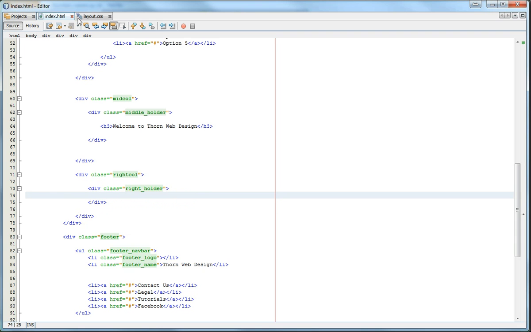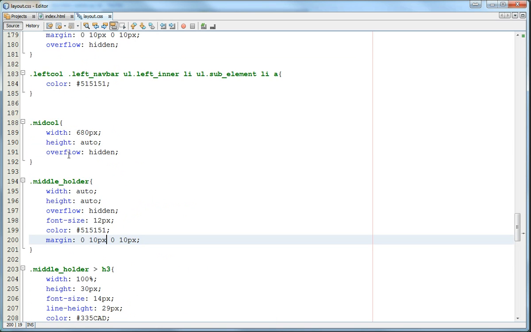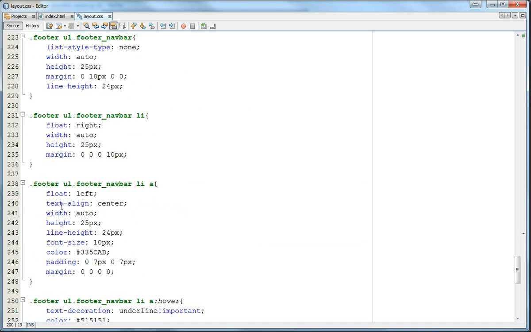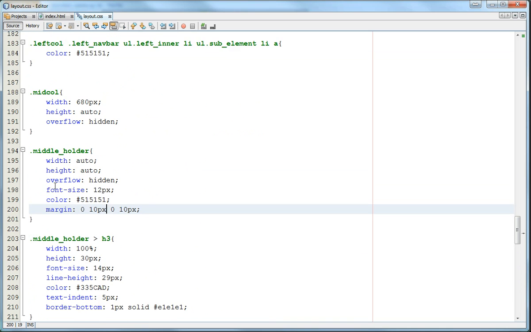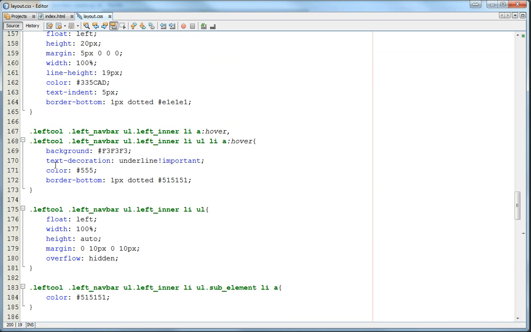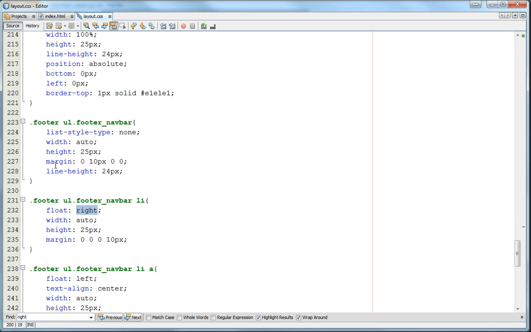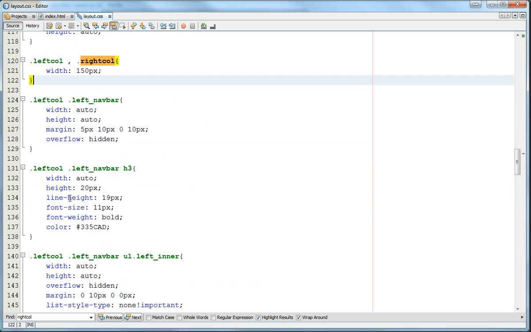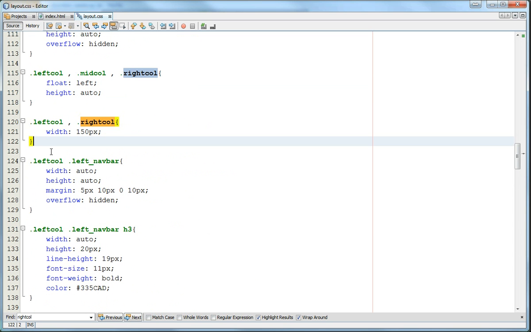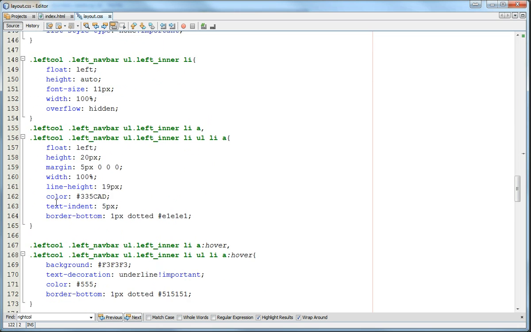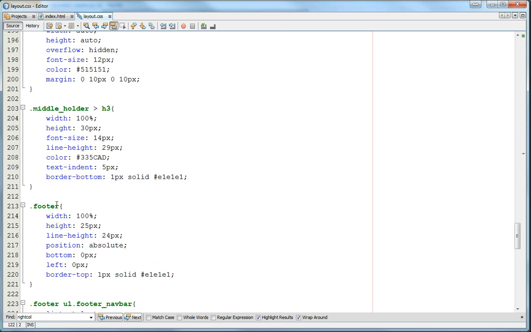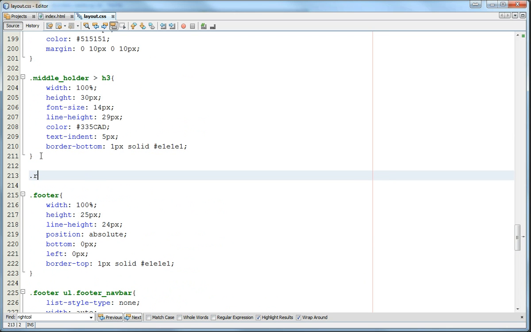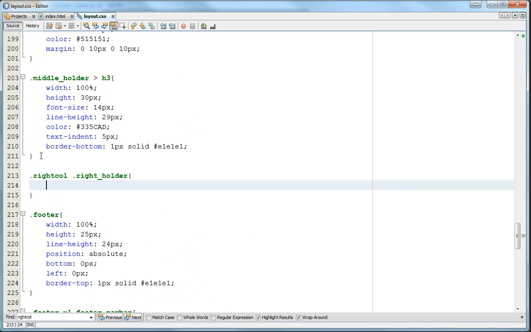Just like this. Come over to our layout here, and let's find, where's the right one? Let's just search it. Right column, there it is. We didn't do anything else with it. Okay, fine. So let's go logical here, left, middle, middle, middle, footer. So let's place it down here. So right col, and then right holder. So width equals auto,